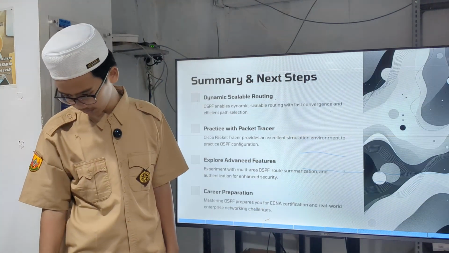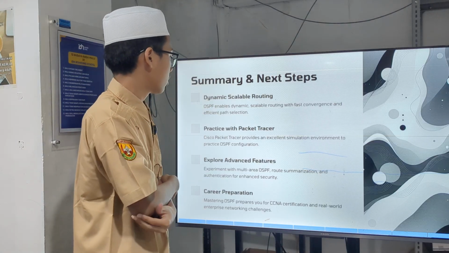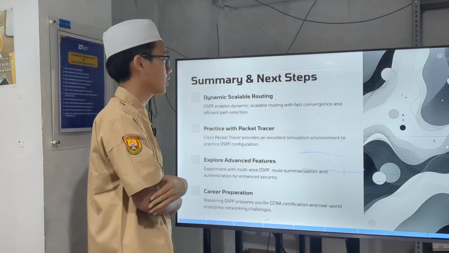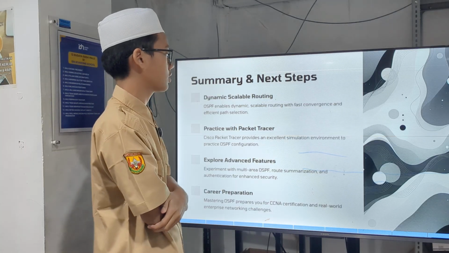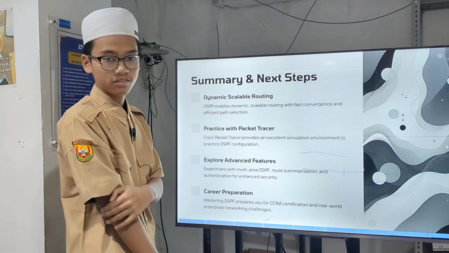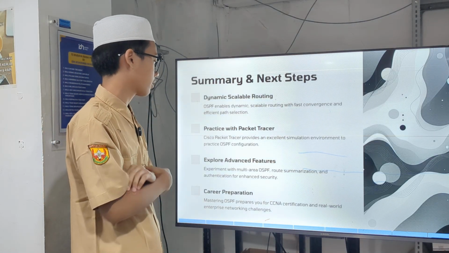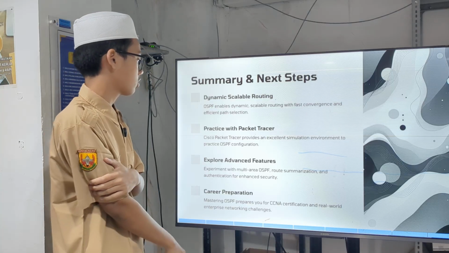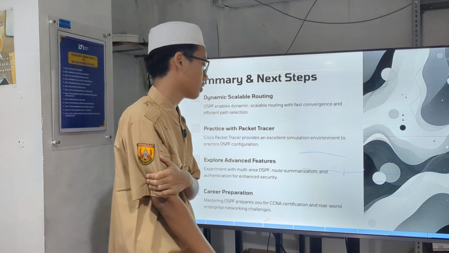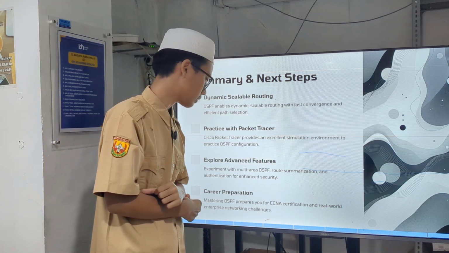Okay, last point, summary and next steps. In summary, we know OSPF enables dynamic, scalable routing with fast convergence and efficient path selection. You can practice with Packet Tracer, because Cisco Packet Tracer, or CPT, provides an excellent simulation environment to practice OSPF configuration.